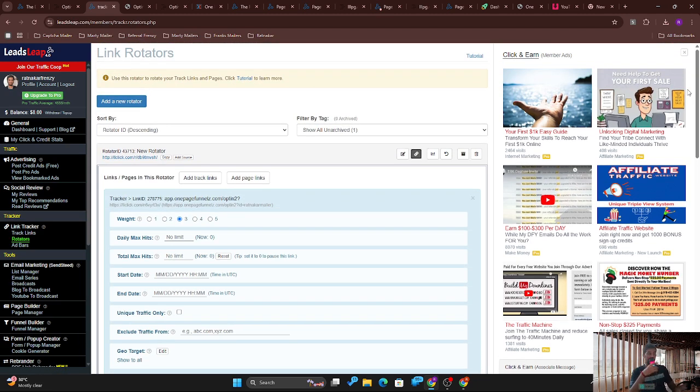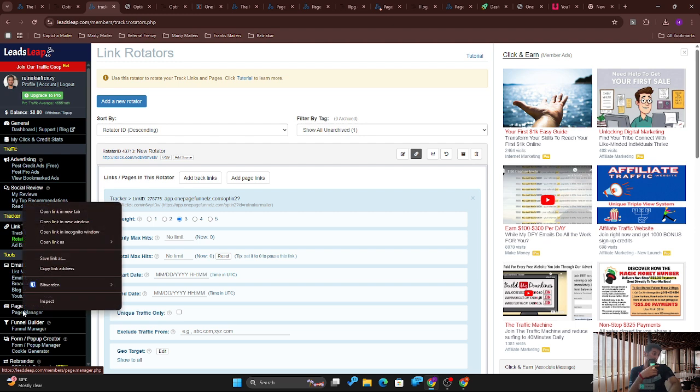So even as being a free member, you can make 10 pages inside Leadsleap. So you can test with 10 different variations of the page, and whichever one converts the best or whichever one gives you the most results, you can just go with that page. And how will you know which one gives you the most results? You can see inside your page, inside your page manager,